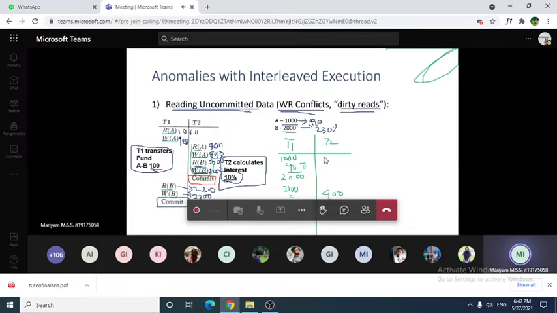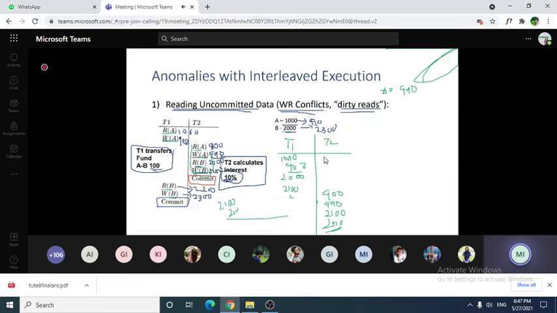So that is 10% interest I should add. So 10% of 2100 is 210. So 2100 plus 210 is 2310. So the B value is 2310. So what this transaction gave, sorry, this schedule gave as A 990 and B as